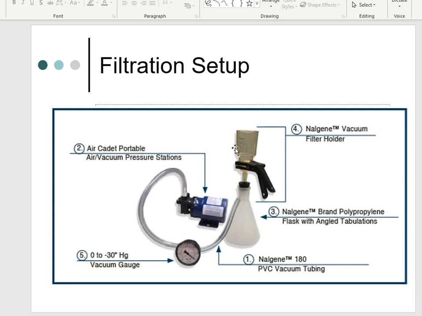And then here's the whole contraption set up as a whole. What you're seeing here is the vacuum filter that's been clamped together. I've put my membrane filter inside of there on my own. I'm going to pour my mobile phase through that filter. It's going to go through the membrane filter and down into the bottom collection flask. That way I can then transfer that into a mobile phase jug and do what I need to do with it. This aspirator has to be hooked up to some kind of pump,